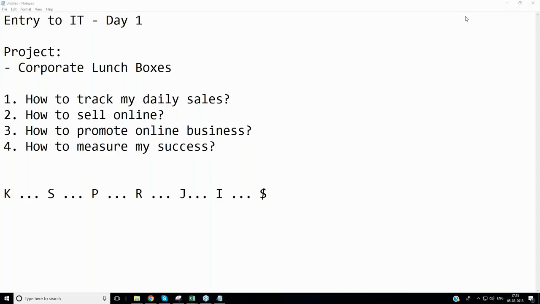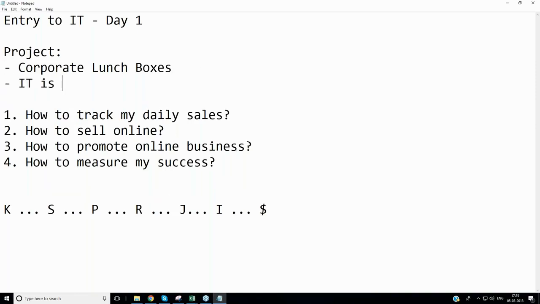All right. Now, very simple. Is this an IT project? Tell me, everyone. Or is this a business project, or a financial project, or an investment project? Doesn't matter. It is a requirement. It is a project. From your perspective, who are you? IT is the solution. That is it.